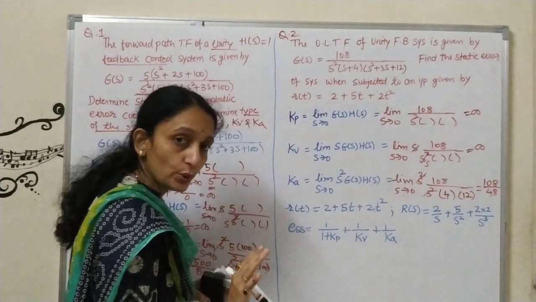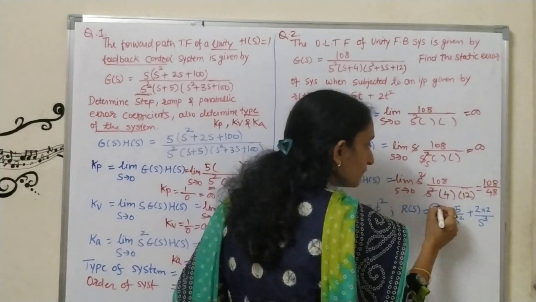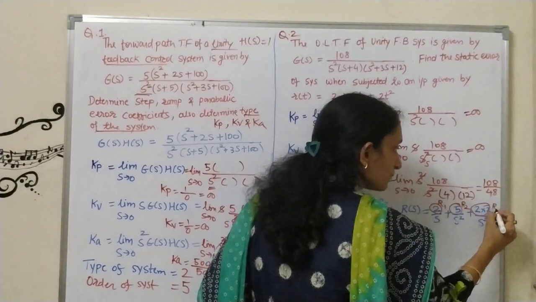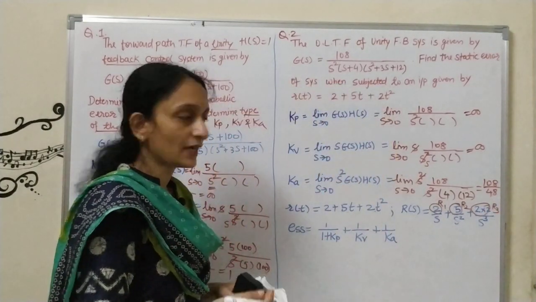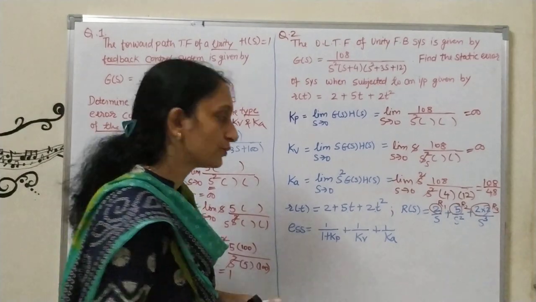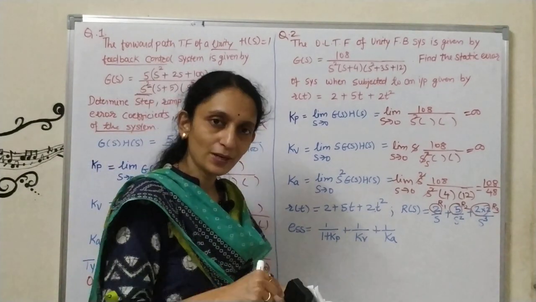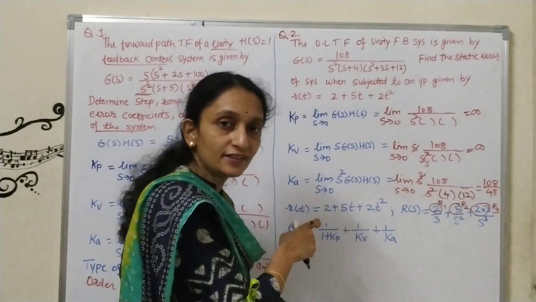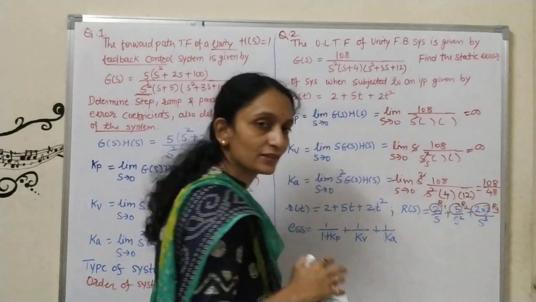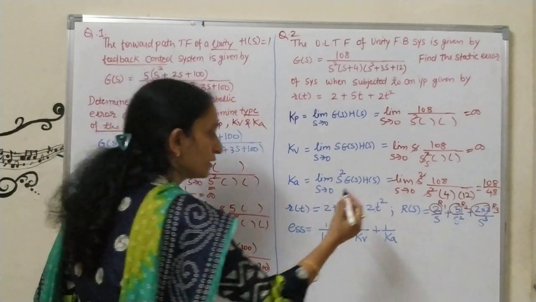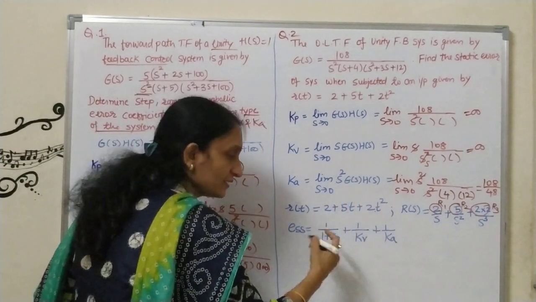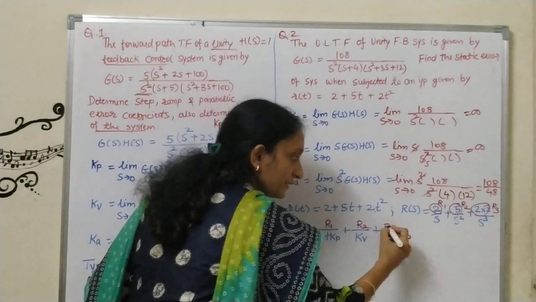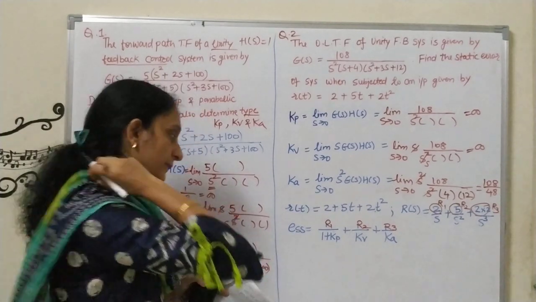Okay. So what I am doing here, I am assuming this term as r1, this term as r2 and this term as r3. Because when you calculate this value for standard test input, we know that here we are getting 1 by s, 1 by s square, 1 by s cube. But here this is not in standard form. We are getting some values in numerator that are nothing but constants. So see here, instead of writing this like this, now I will write here r1, this will be r2 and this will be r3. Okay, because I got some value there.